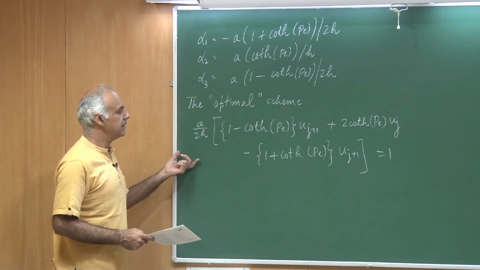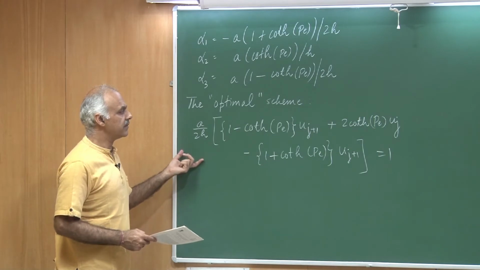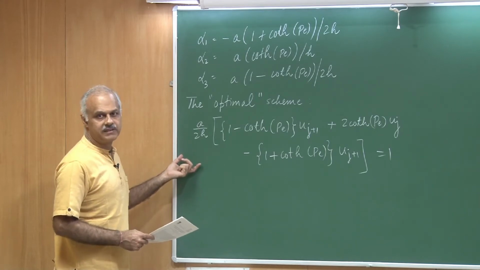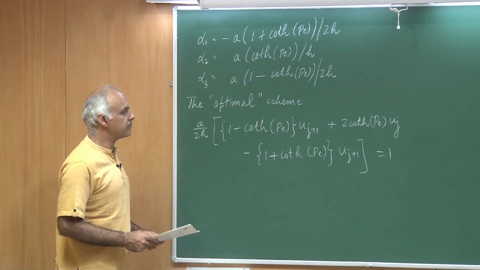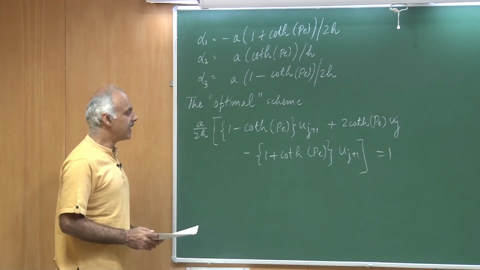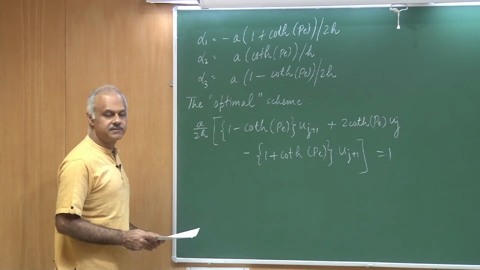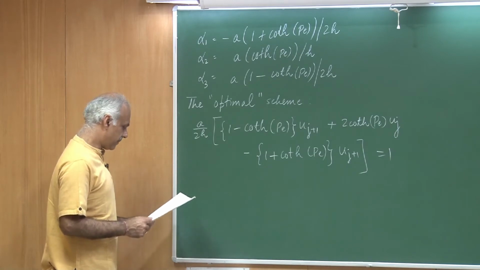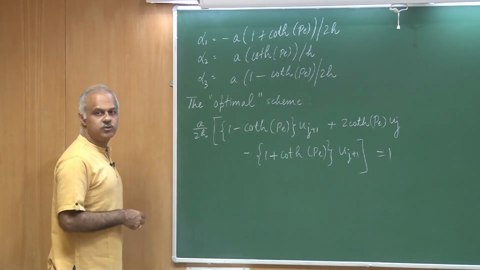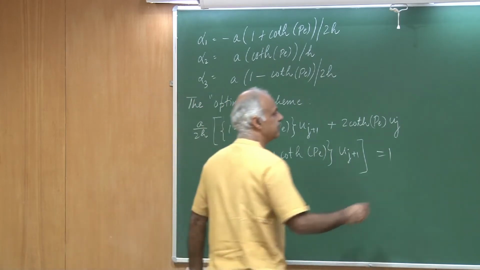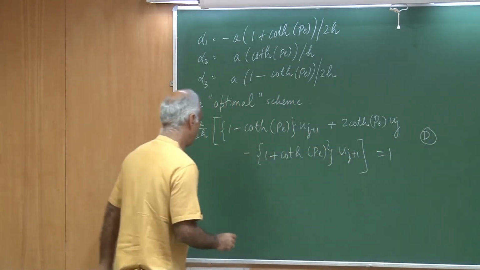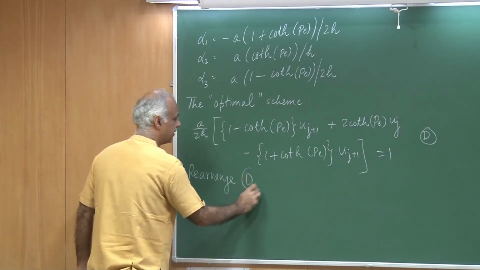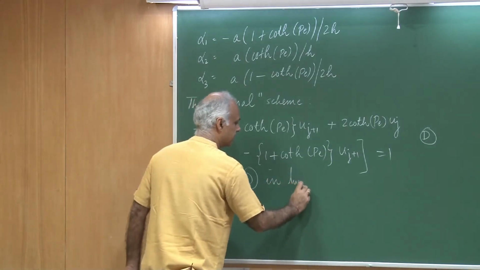Of course, one doesn't know the exact solution in all the cases, and therefore one doesn't know what the exact scheme should be. Okay? But this is a good way of troubleshooting why the Galerkin method or the central difference method doesn't work. So let us use that to understand our problem right now. We would like to rearrange this in two possible ways. So let me call this scheme D. So rearrange D in two ways.